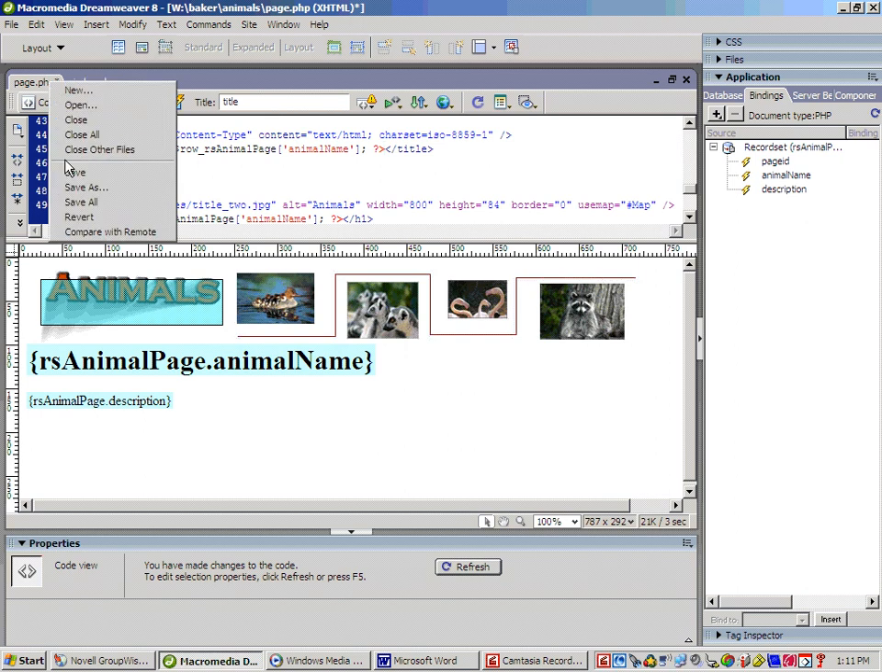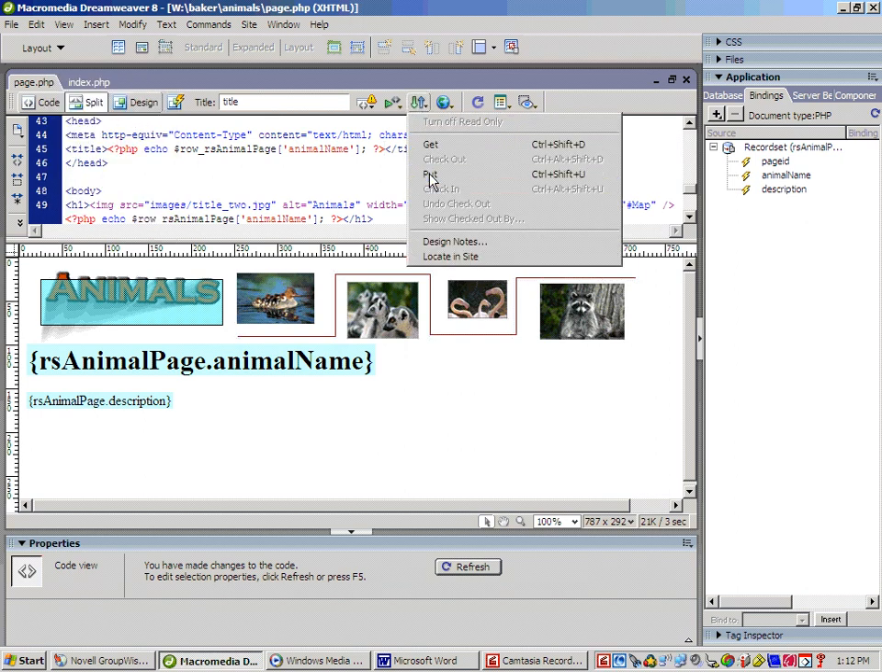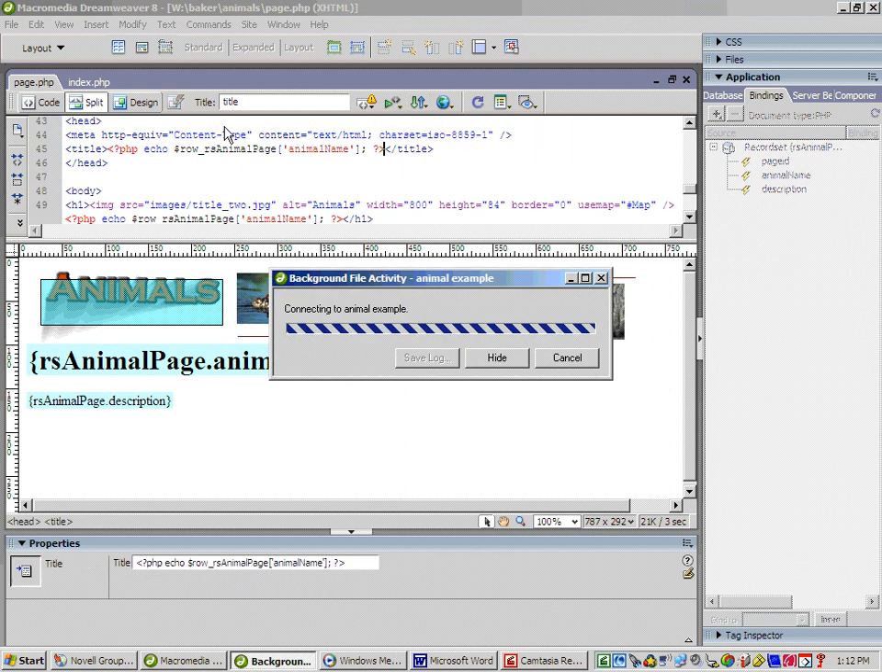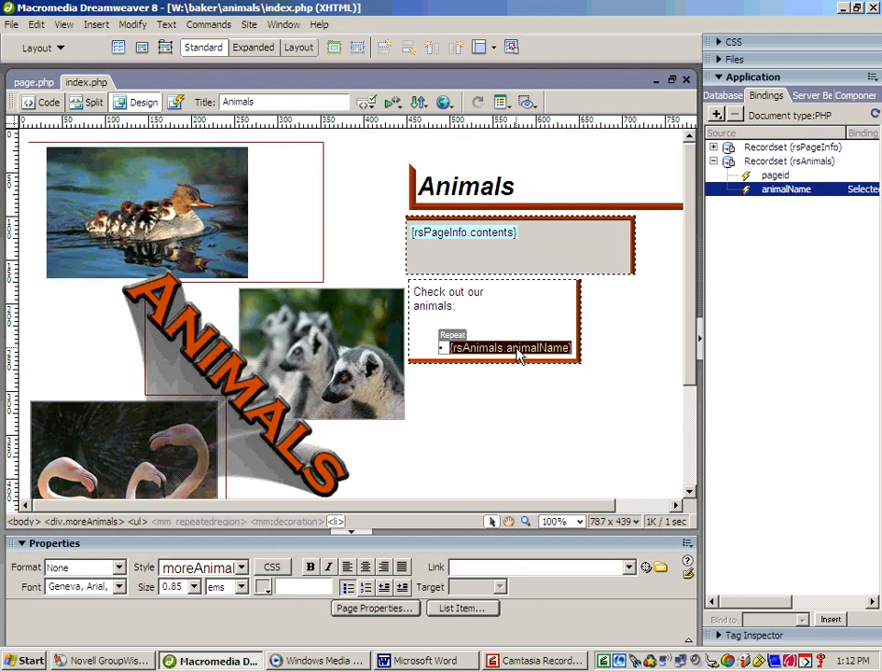I save this page, and this page is done. I'm going to upload this page. Now that page has been created, but we must call upon that page to display it. We do that by going to the index page, and in the index page we are going to make a link to that page. We do that by selecting the record set to display the animal names, and in the